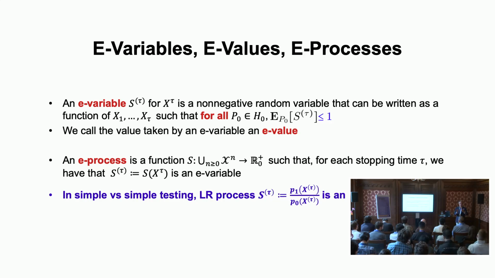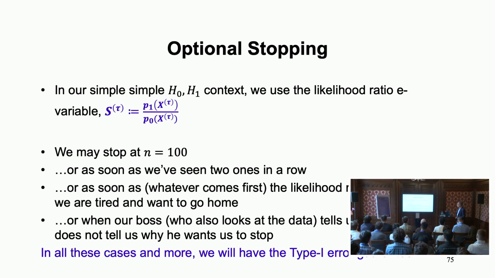So it has the sequential nature. At time 5, it's something which looks at the first 5 data points. Note again that the Bayes factor and the likelihood ratio have this property. For time 5, the likelihood ratio is just a function of the first 5 data points. We call this sequence of things an e process if no matter what your stopping time is, you have this expectation bounded by 1. And as I said before, this works also if the stopping time is not actually known to the analyst.